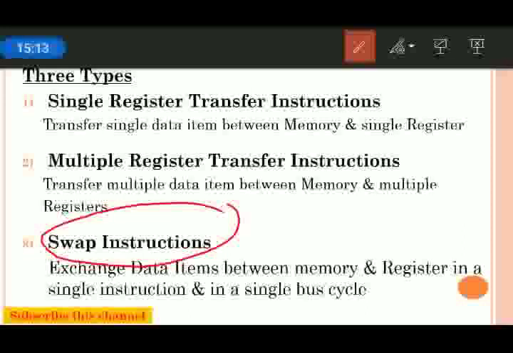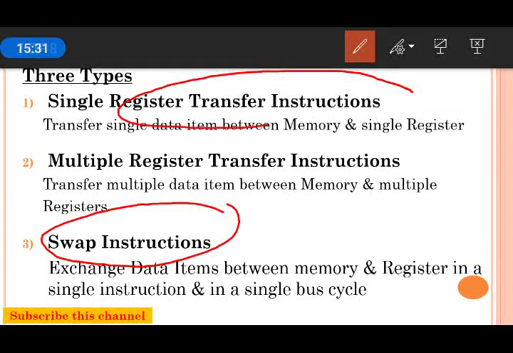So this is the third type of load store instructions. This is all about the basics of load store instructions. In the next videos, which I will upload in a few days, I will cover single register transfer and the indexing method used in single register transfer, with some more examples.